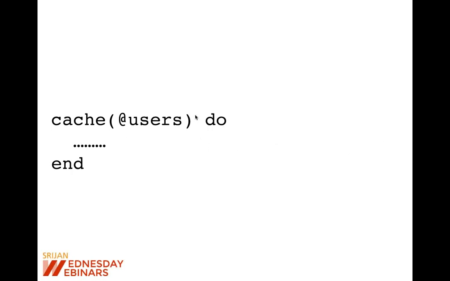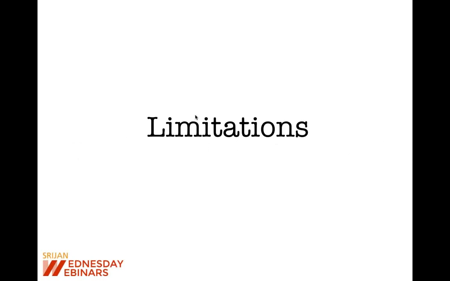This was possible before also, but there you had to write a function. Basically, you had to write your own code to generate a cache key for these collections. But Rails 5 will just do it for you automatically. It will generate the cache key internally and keep track of it.